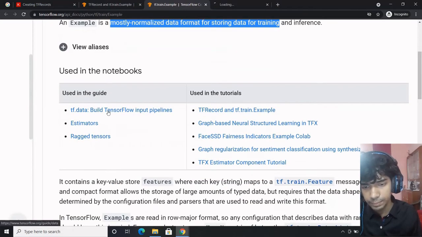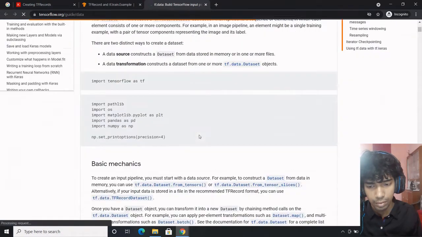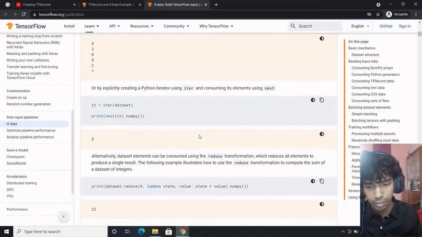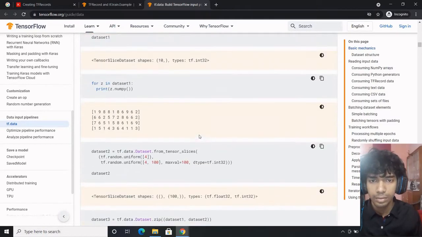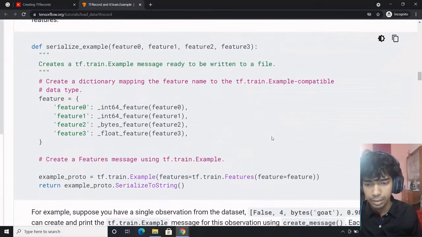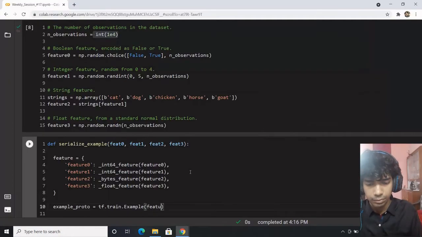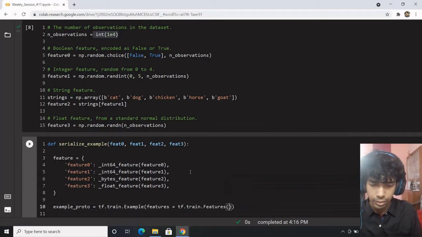It's used everywhere. It's quite simple, just pass in the features. Features would be equal to tf train features, and the feature would be equal to feature.